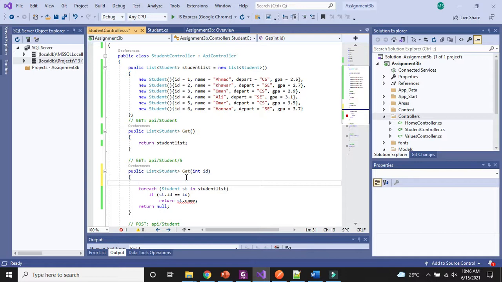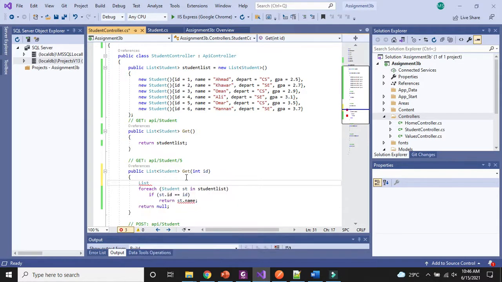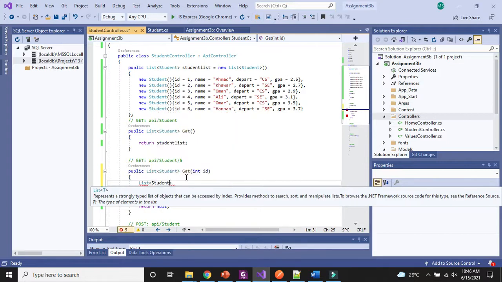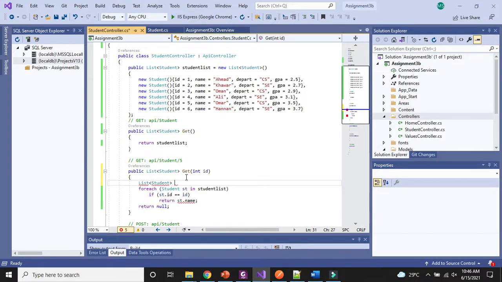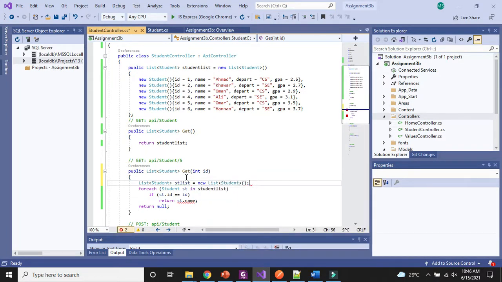For that purpose, first we need to make a list of the students. I will write the name as stlist equals new list. Now I have created a temporary student list with the name stlist.